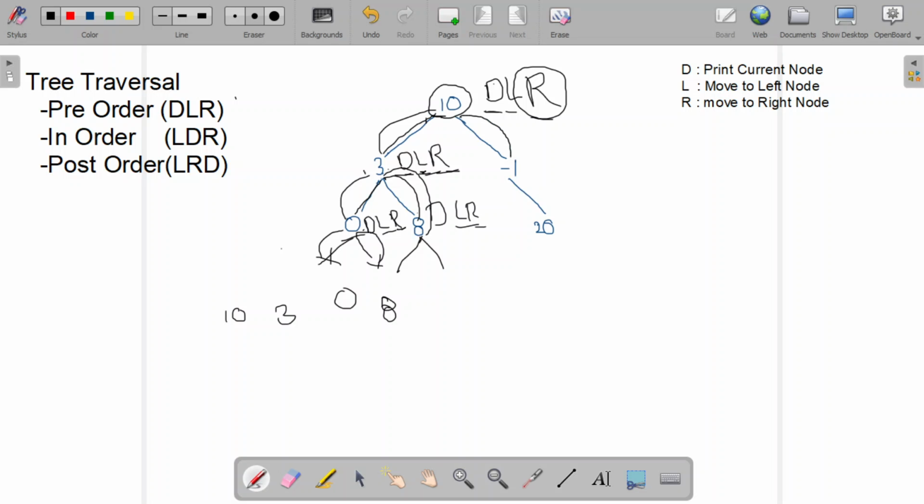Here we are going to the right and printing the current node, and going to the left it is null, so going back to the root node and going to the right node, again applying DLR.